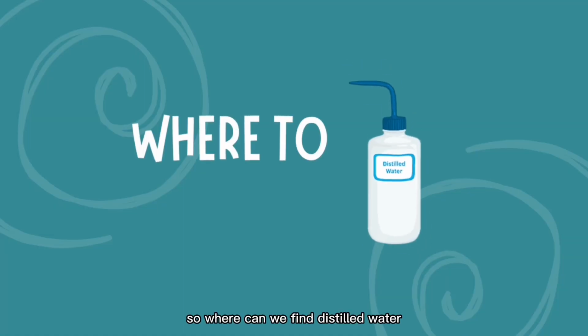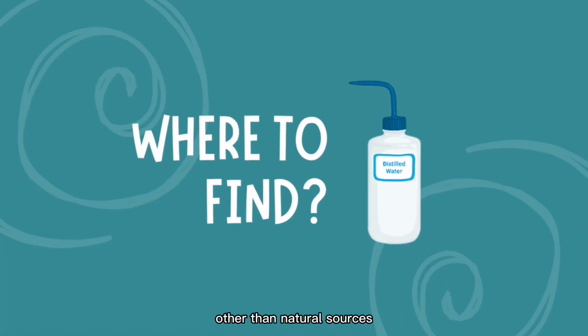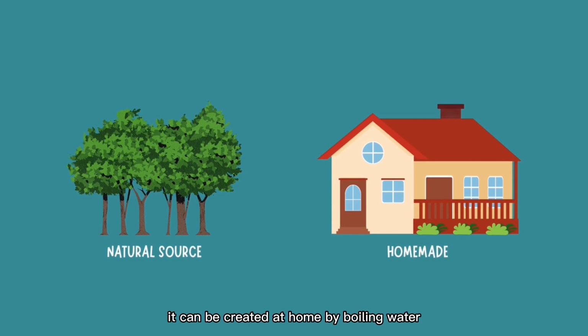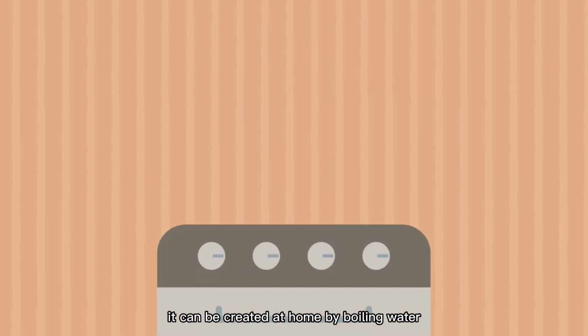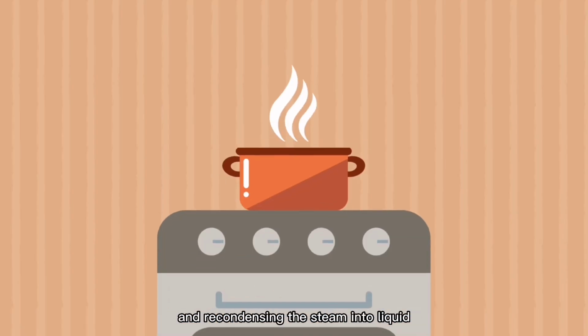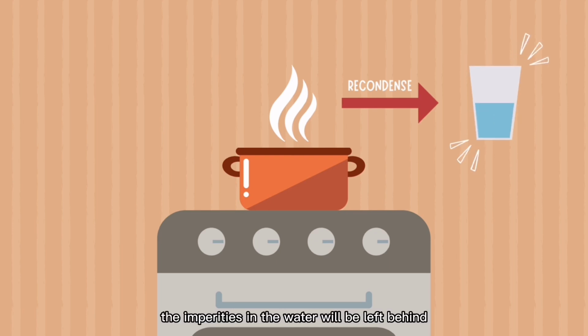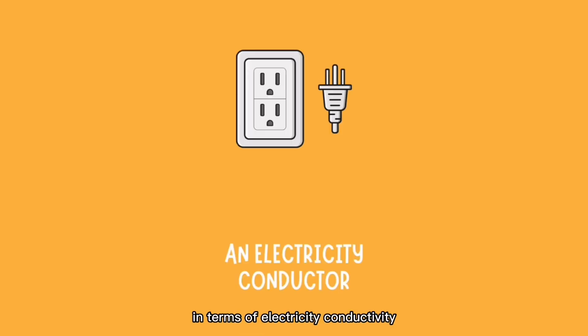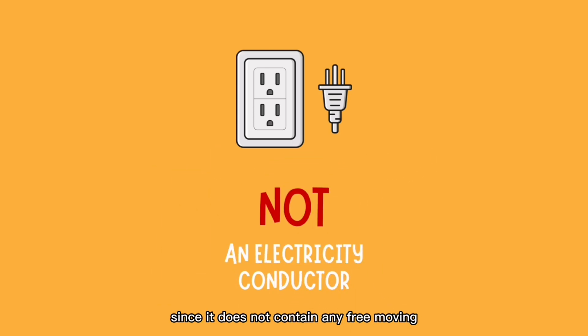So, where can we find distilled water? Other than natural sources, it can be created at home by boiling water and recondensing the steam into liquid. The impurities in the water will be left behind and removed from the finished water. In terms of electricity conductivity, distilled water is not a conductor since it does not contain any free-moving ions such